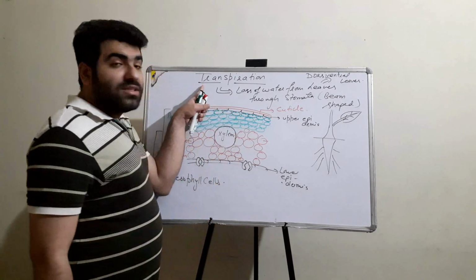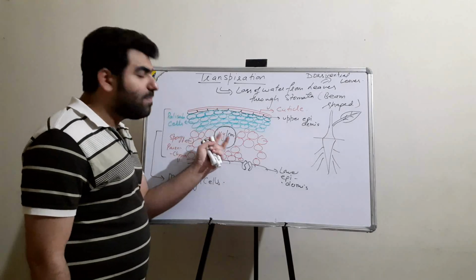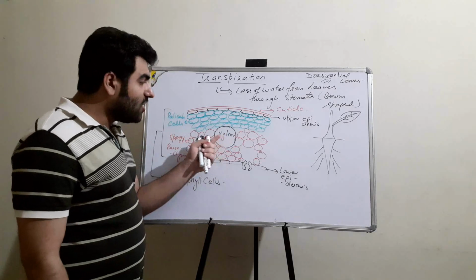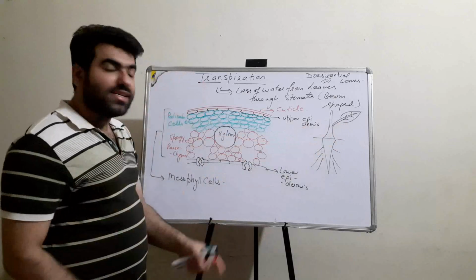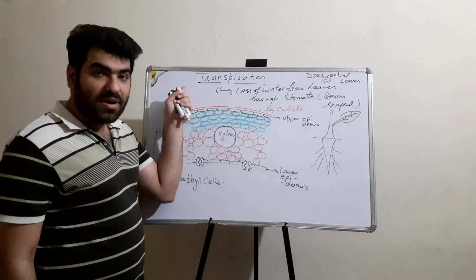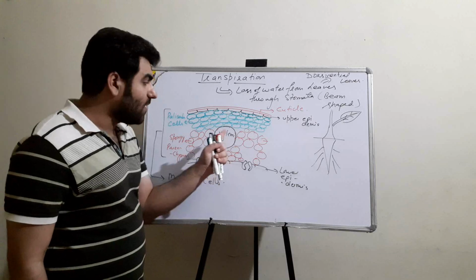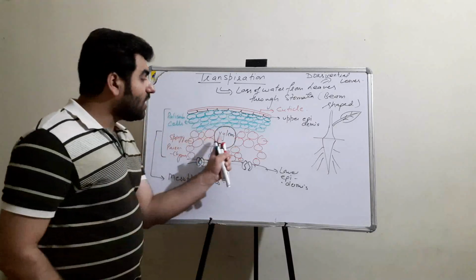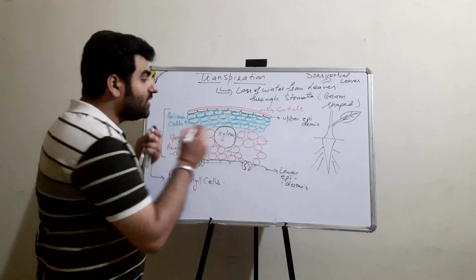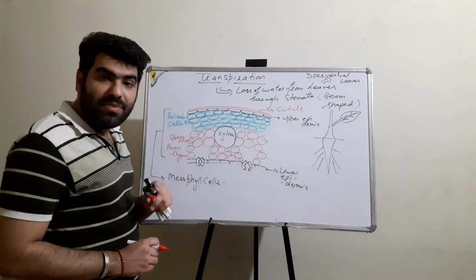Now, transpiration is the process of the loss of water. Let us say somehow the water has reached this tissue, the xylem. This is the leaf, and the leaf is present at a certain height. So the water has somehow reached the xylem. We still have to discuss the transpirational pull, but let us say the water has just reached this position. From here the water will enter these spongy parenchyma cells again by the process of imbibition.